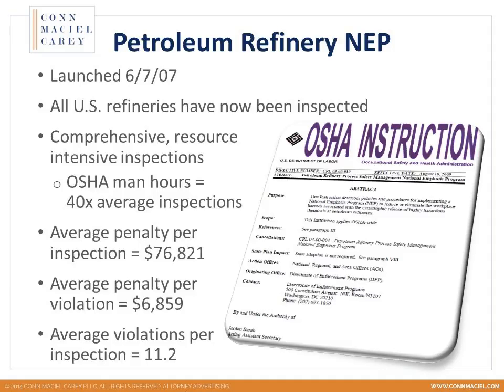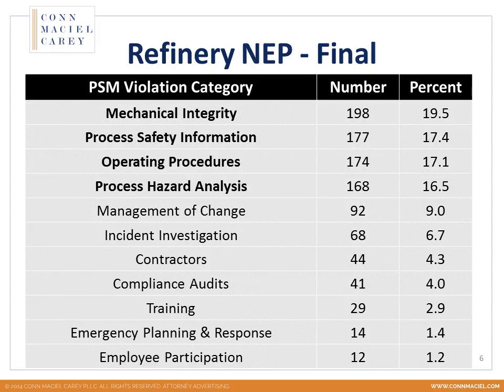And generally, you see the lower penalties, the $2,000, $3,000 per violation, for smaller employers, violations related to less hazardous activities than petroleum refining and chemical manufacturing. So here we were seeing high average per penalty violations and an average violations per inspection of more than 10, which is also significantly higher than the national average and the average across other types of inspections. So these were in-depth, comprehensive, and catching lots of violations.